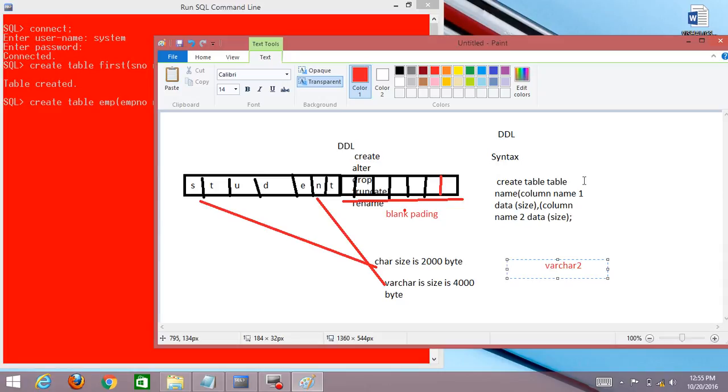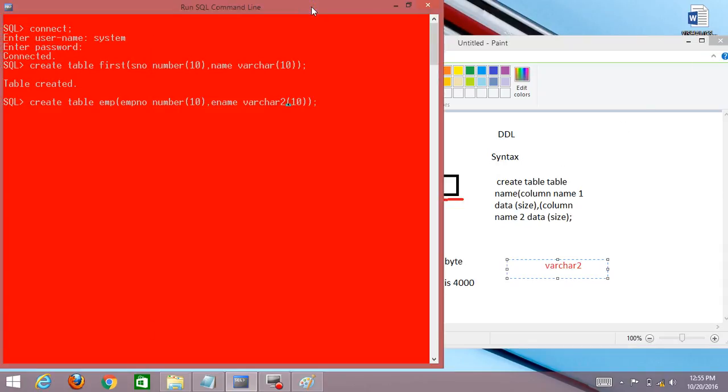Suppose I write a 10. If you write a 10, the 10 value is stored in the computer, but padding is not there. What does that mean? If you create a table with VARCHAR for only 10 digits, it is fixed, with blank padding.